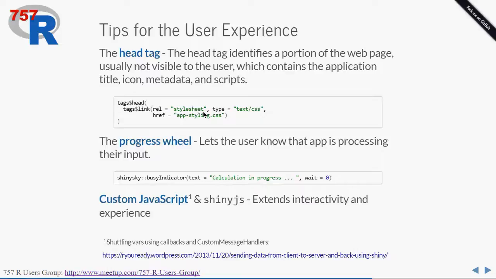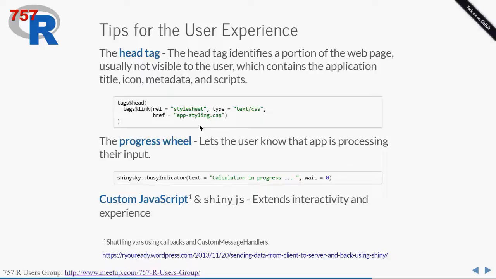And so there's some tips I have for your user experience that you'll want to think about. Every web page has a body, which is the text that you see when you open up the browser, but it also has a head. And the head is a place where you can specify things like the title and the icon, all that sort of stuff. And when you start to get more proficient in writing your apps, and you're writing apps for multiple people, and you want to reuse certain pieces of your code,